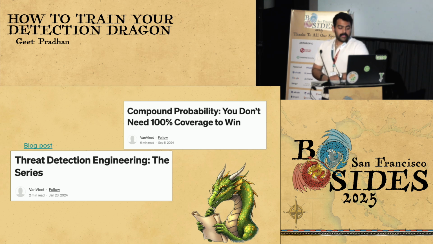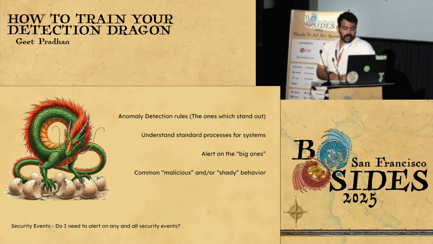Now, these are some really cool blog posts that I've read by Van Vliet. There's a lot of math involved. I've tried to understand a lot of it, but essentially what I took from this, I thought about it from my perspective. I'm like, hey, I don't need to have 100% visibility into everything because it's impossible to manage and handle, especially if you're building out the pipeline. You probably don't have a huge team to respond. So what do you do? Right? You step on eggshells.